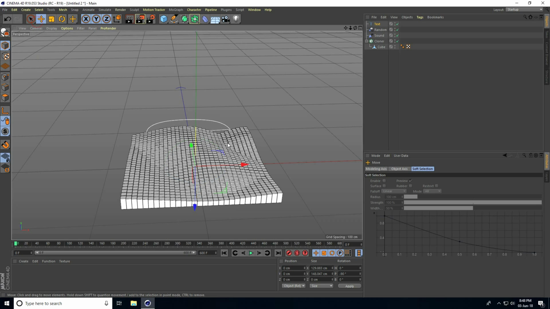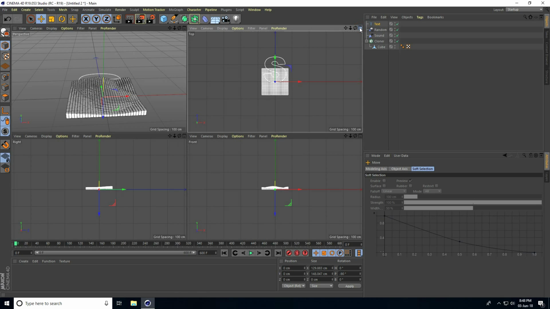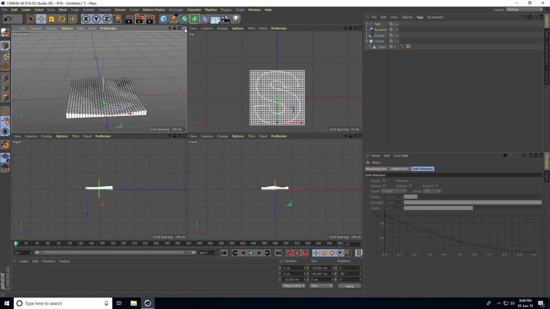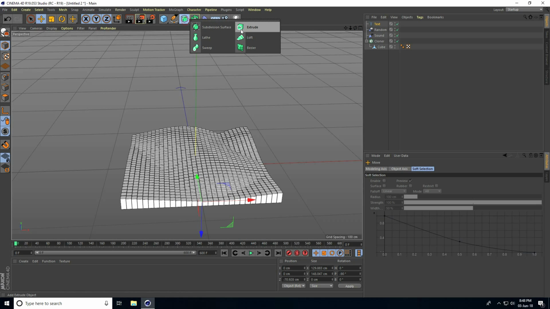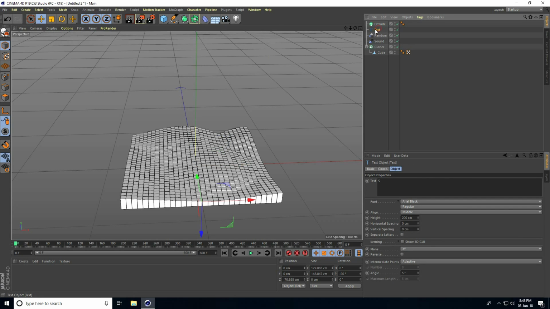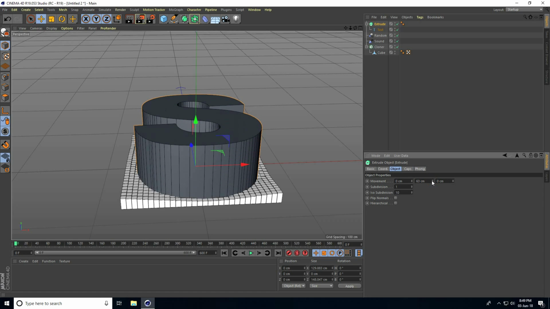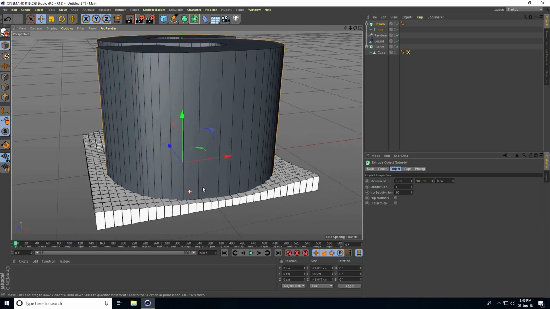And guys, I go to the top view panel and align it on these cubes. I go to perspective view and use extrude. Select this text and make it a child of extrude. Select extrude, movement all take 0 and go to mid. This is my Y axis, increase like 100 centimeters. Yeah, good.